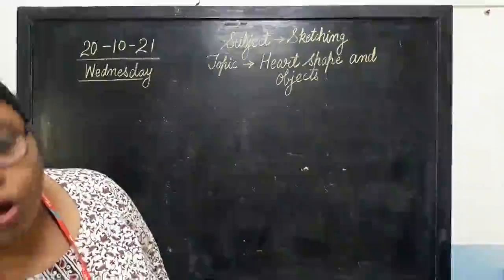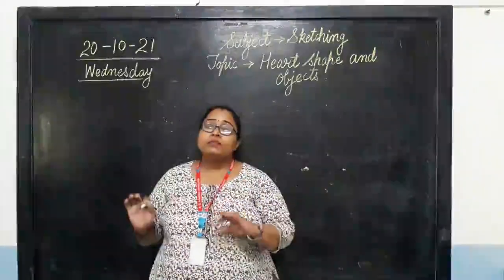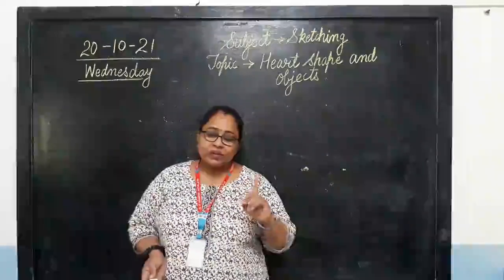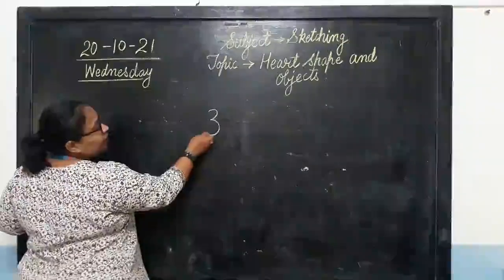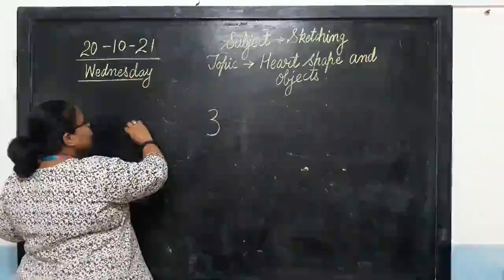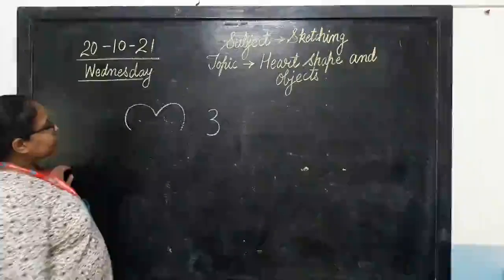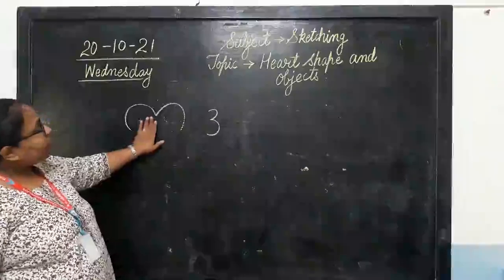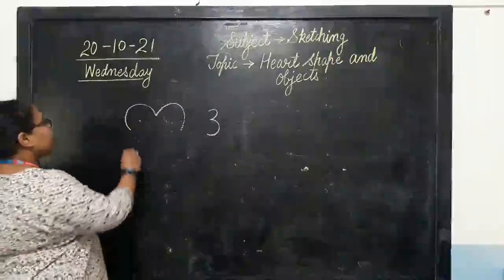Now, you all know how to write number 3, right? Maths में number 3 कैसे लिखते हैं? Everyone knows that. आता है सबको? Yes. So what are we going to do? We generally write 3 like this. ऐसे लिखते हैं. अब आपको क्या करना है? You have to write 3 like this. ठीक है? इस 3 को हम सीधा ऐसे नहीं लिखेंगे. We will write it like this. A big one.